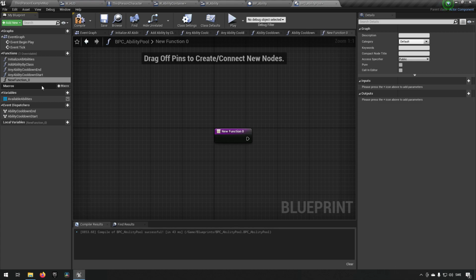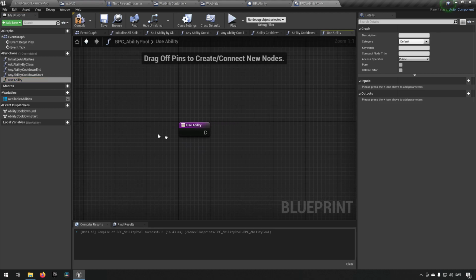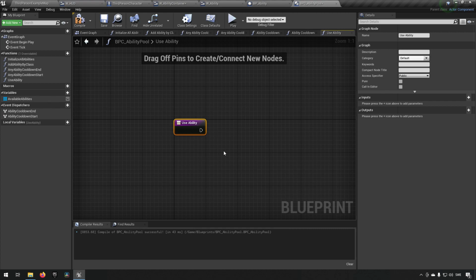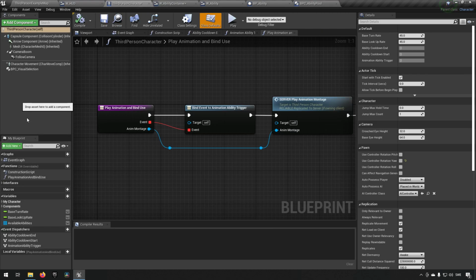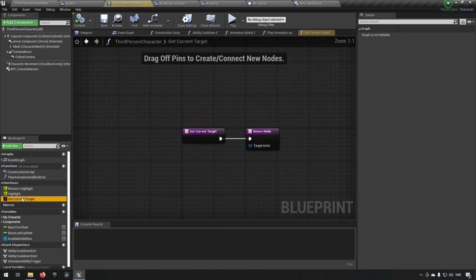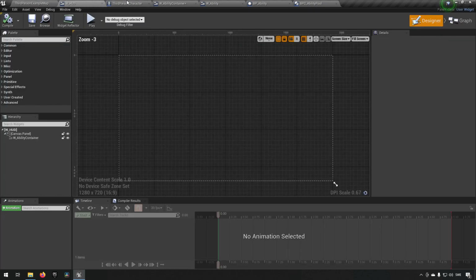So this will be, did I do something wrong? Use ability, like so. And this will be our entry points basically from the outside world. Now to make sure that this works, we need to make sure that we have our, yeah, we do have that. Okay, so that's fine for now. Let's go up to our